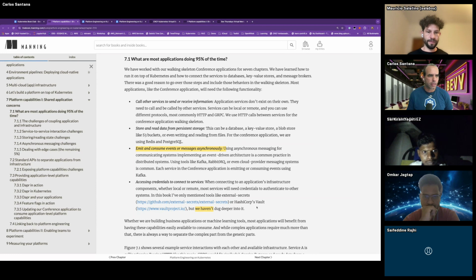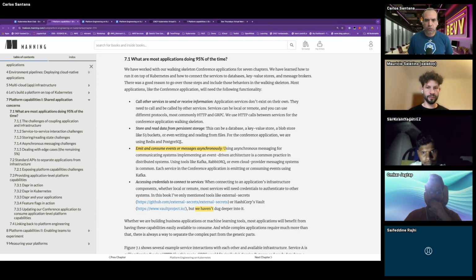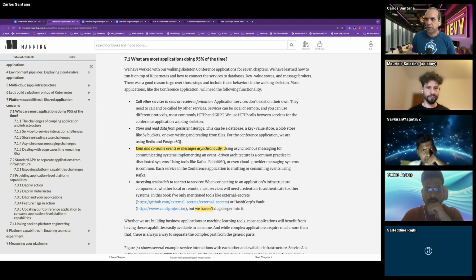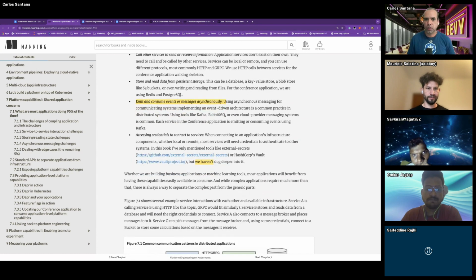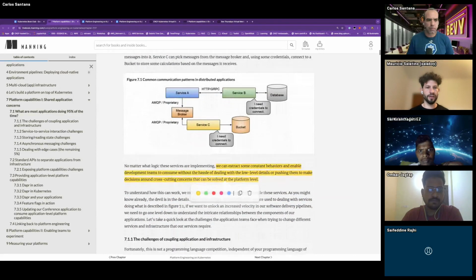Yep. So I think this chapter is good because it explains what are the things you as a platform engineer can provide to help build better applications, right? And that's where you jump in: well, you can give them API capabilities, right? Exactly. This section talks about